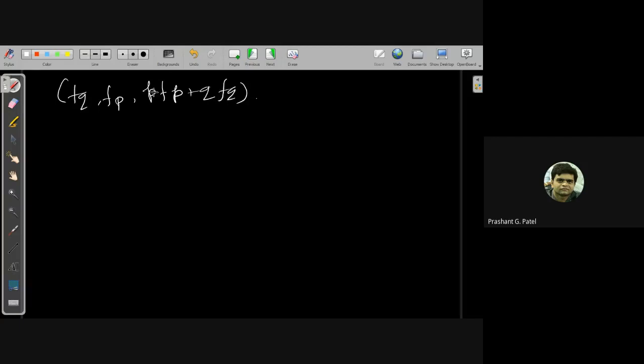So this is the characteristic direction. So hence the characteristic curves are the solution of